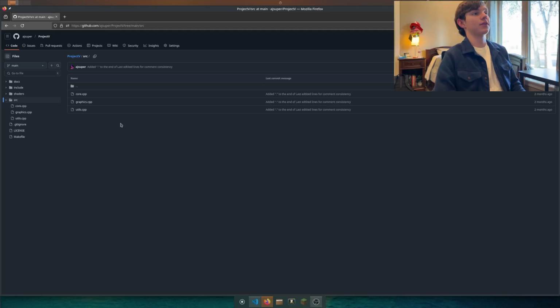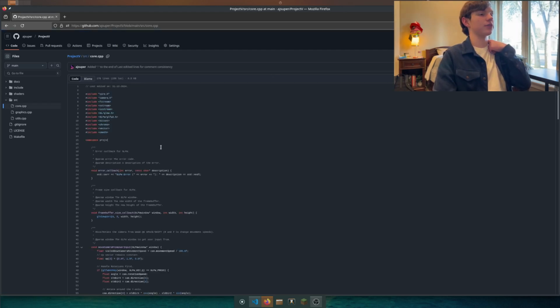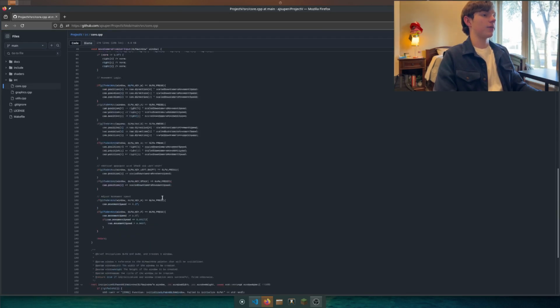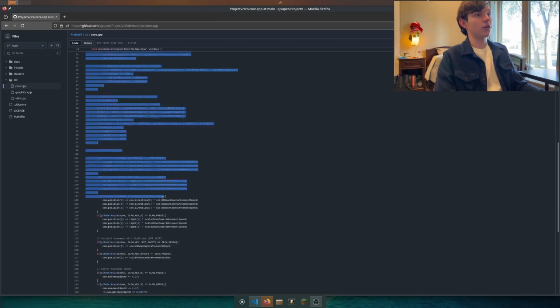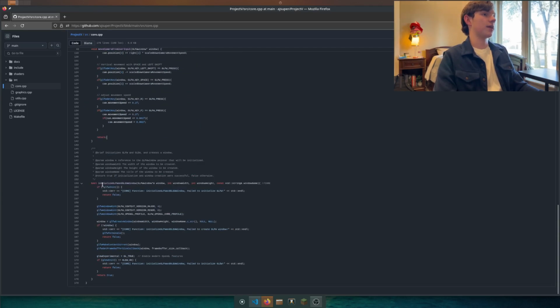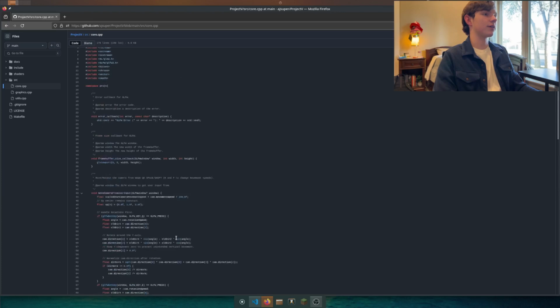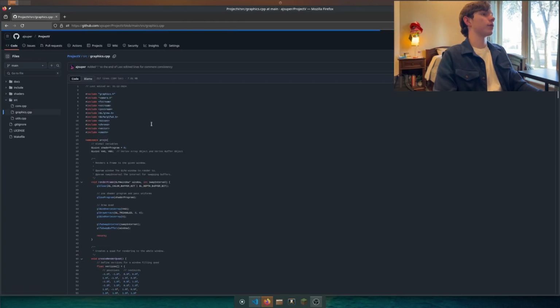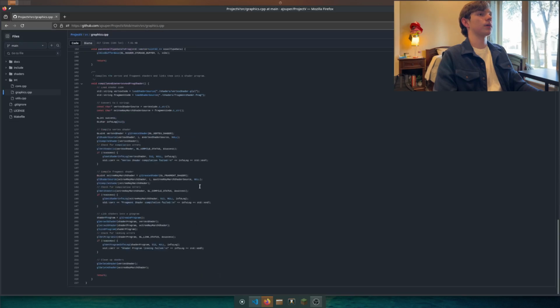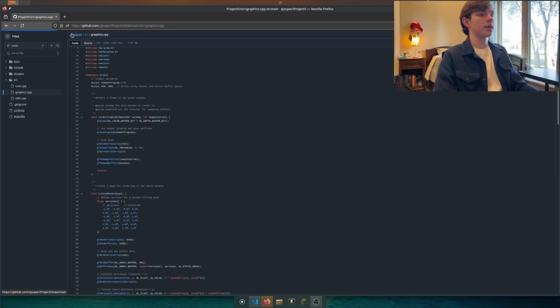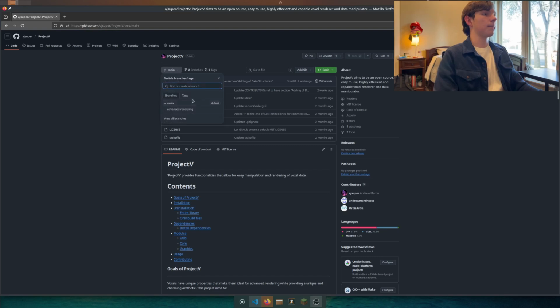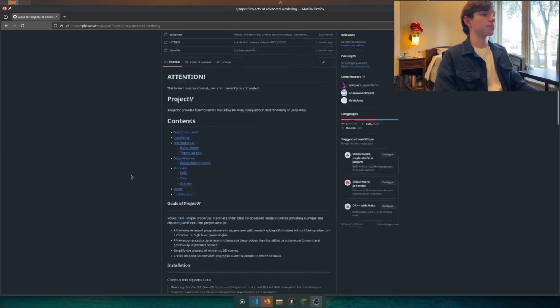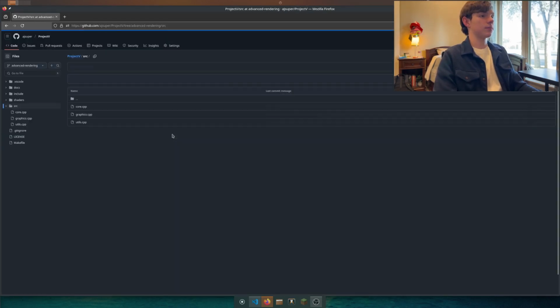So let's go ahead and look in core first, since it's the simplest. This is all it is. I mean, we have a function for moving the camera. We have a function for creating a window and an OpenGL instance, and that's literally all it is inside of there. Inside of graphics though, this is the wrong branch, give me a second. It's under advanced rendering currently. If we go back in here, we go to graphics, there we go, it's quite a bit